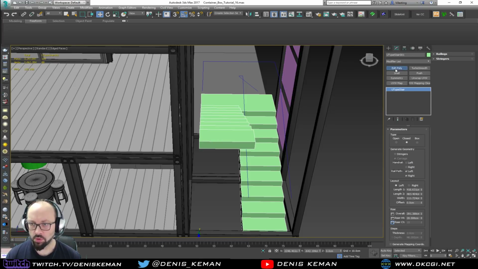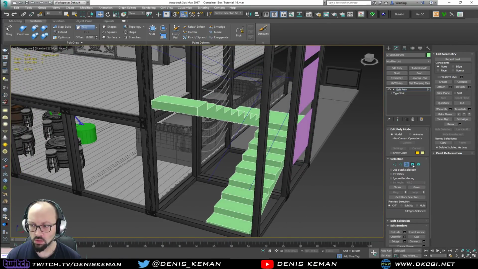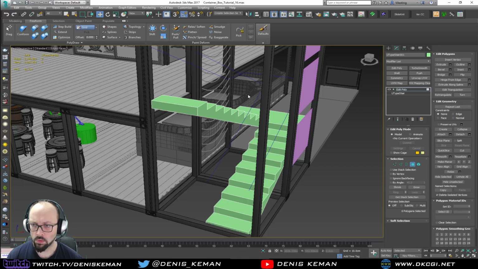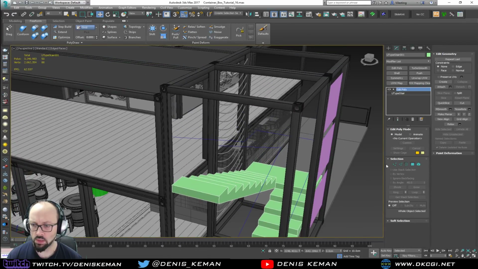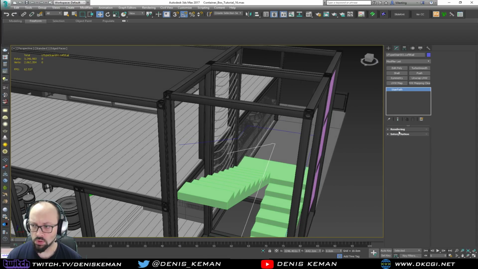Okay, edit poly on top of this. Now what is this? Can I select the risers? Can I do anything with this? No. What the hell then? What good is this thing? Oh, so it's